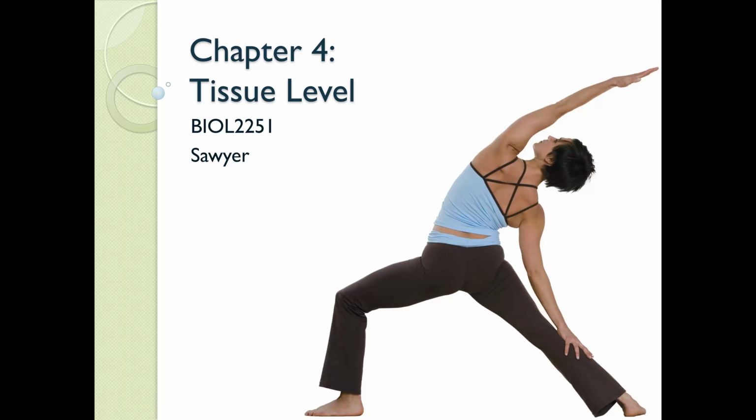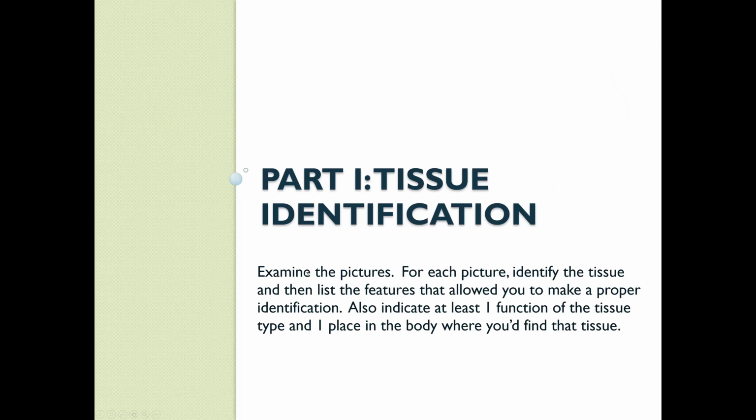Okay, this is the activity for Chapter 4, where we're going to go through the answers for the in-class worksheet for Chapter 4. So the first part is tissue identification, and in this part we're going to examine pictures. For each picture we're going to identify the tissue and then list the features that allowed you to make a proper identification. Also indicate at least one function of the tissue type and one place in the body where you'd